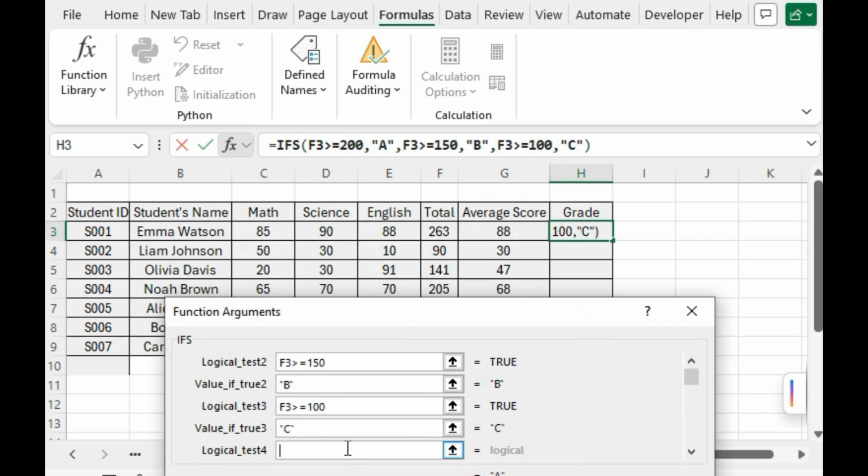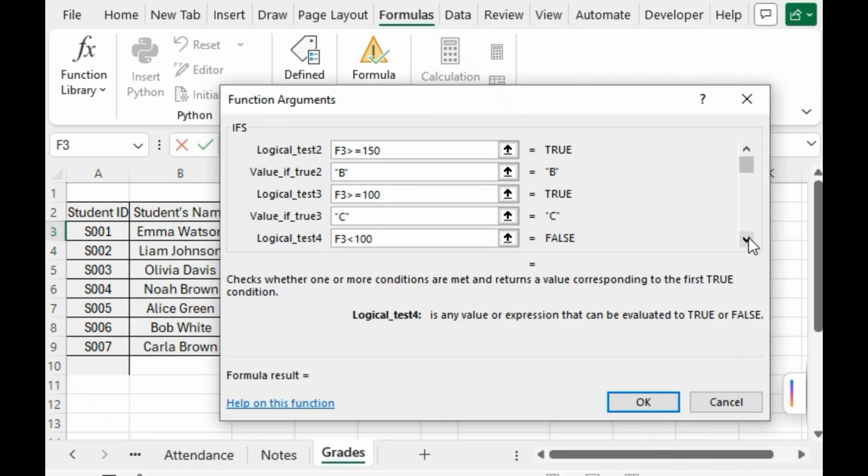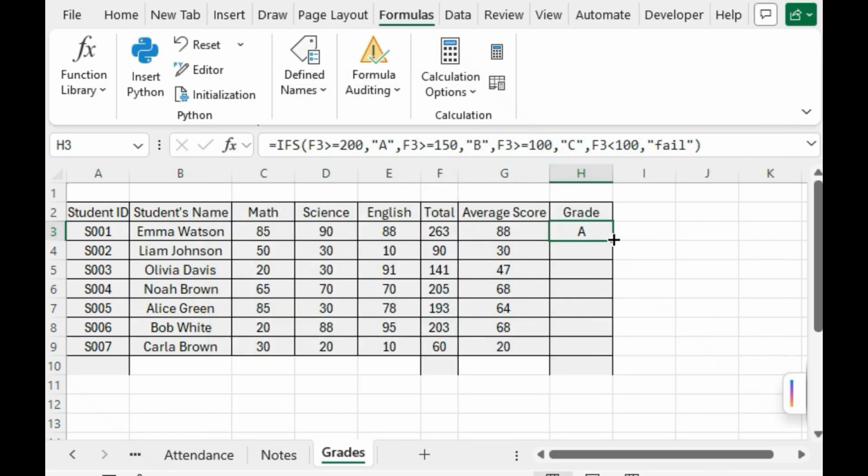The last condition, if the total is less than 100, it's a fail. Drag the function so the result